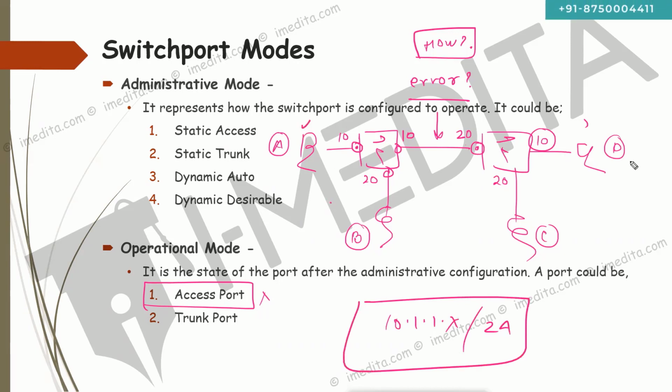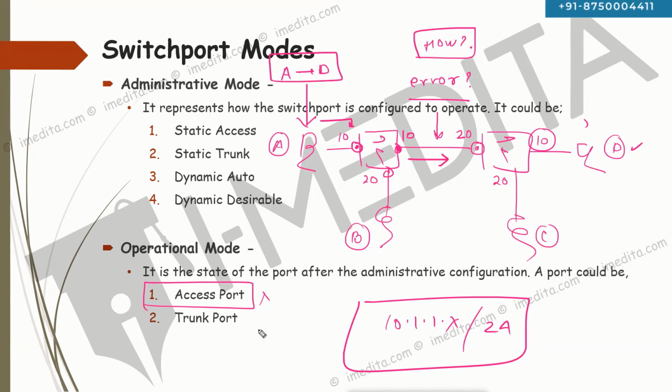10.1.1.1, 2, 3, 4. So this device sends the traffic from A to D here. Traffic arrives onto this port. This port belongs to VLAN 10. It is an access port, belongs to VLAN 10. So traffic will exit out of the port that is part of VLAN 10. Out of these two ports, which port is part of VLAN 10? This port is part of VLAN 10. So the traffic will exit out of this port,